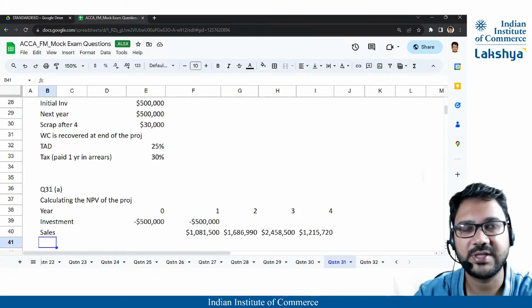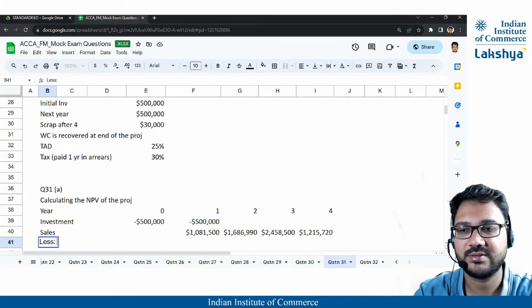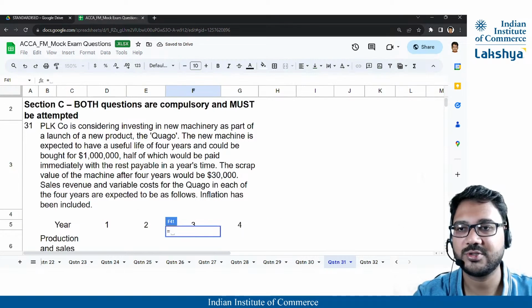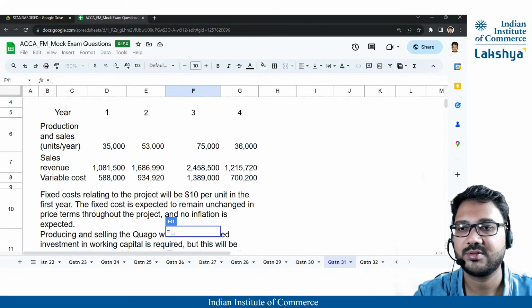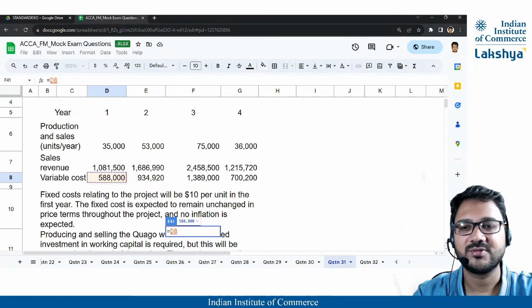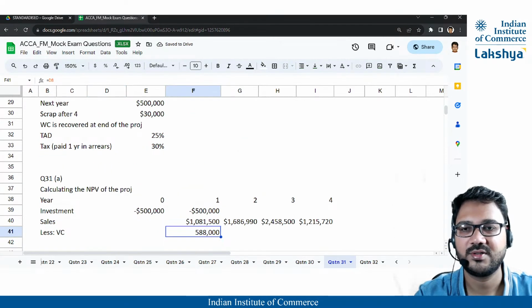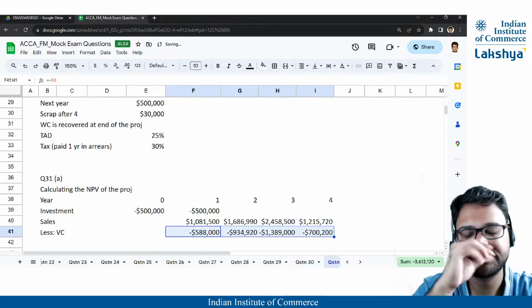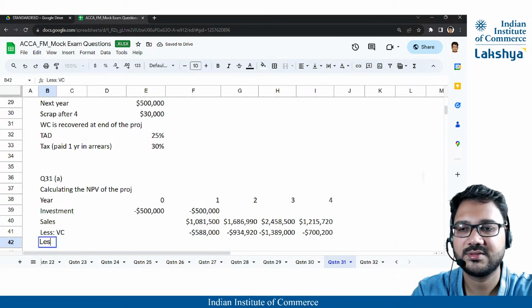For variables, we will have to, so rather, less variable cost is equal to, is it variable cost per unit? No, right? It's not variable cost per unit either. So then why have they given it? I think maybe for fixed costs, anyways. So this again, it's in dollar terms and it's a negative value. Okay, and then less